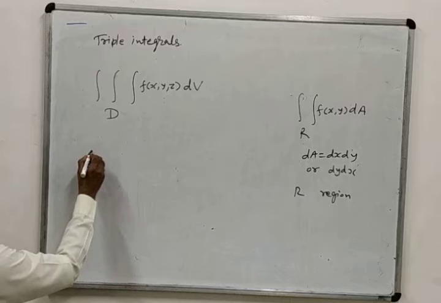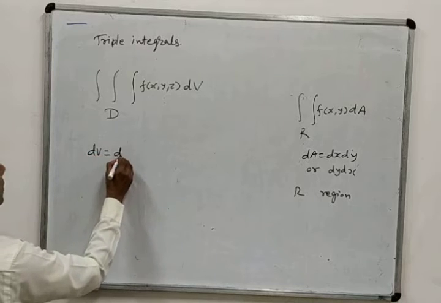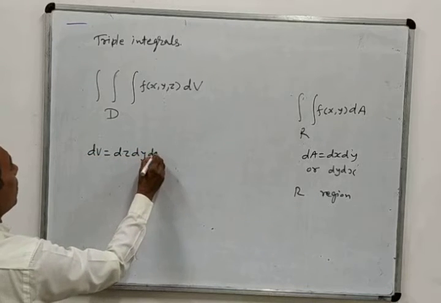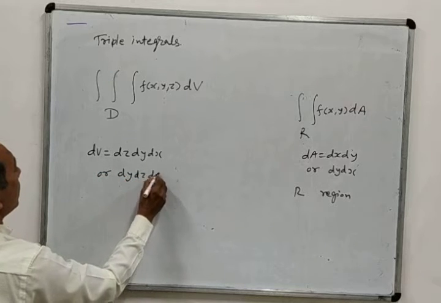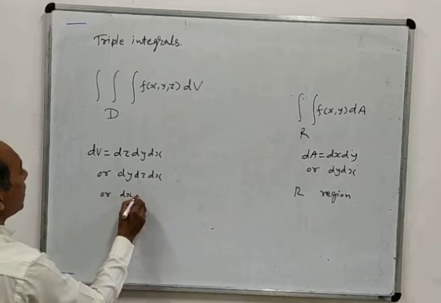Likewise here dV is nothing but dz dy dx or dy dz dx or dx dy dz, whatever the order